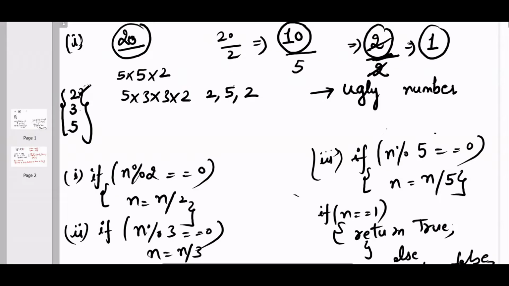So basically we need to keep checking for 2, 3 and 5 until the number becomes 1. And if the number is other than 1, which is not divisible by any of the numbers 2, 3 and 5, then we need to return false, right? So this is how we need to solve this problem. Now let's move ahead and write the solution for it.